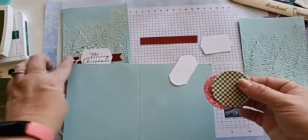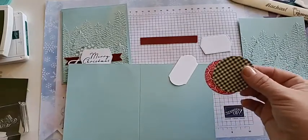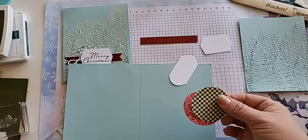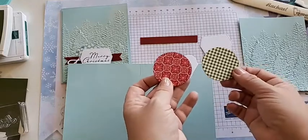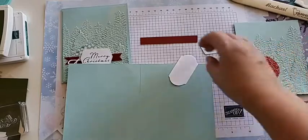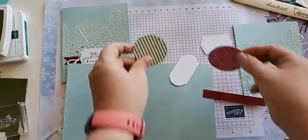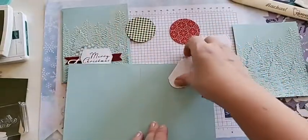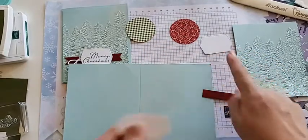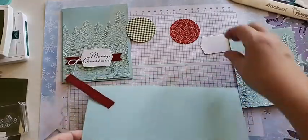We decided this one was from the Play Party Patterns host paper. I always forget the name. I will double check. So this one I just had matching that same card base and images, that pool party, but you can switch it up and make it look more Christmassy depending if you want it to be the green or if you want it to be more red to match with the cherry cobbler. Totally up to you. But these ones are the Heartwarming Hugs DSP. And this is just to show you that this was a punched out label, which you can use if you don't have the dies. All right, so our first step for this one is let's go ahead and stamp our